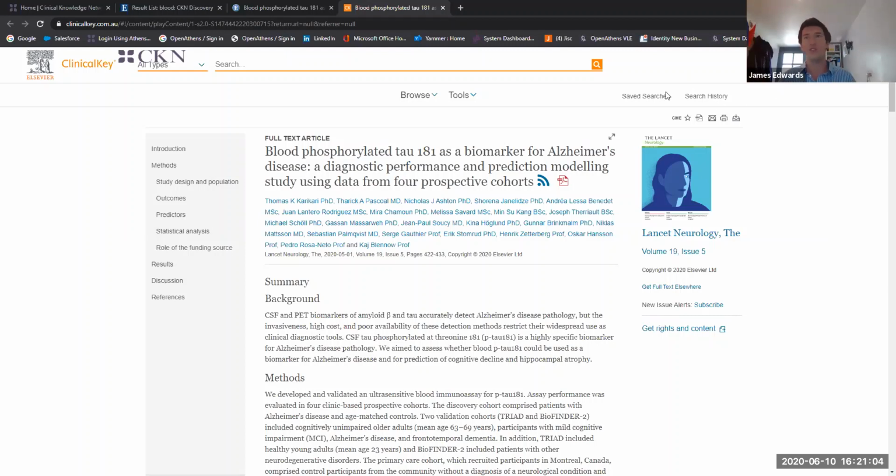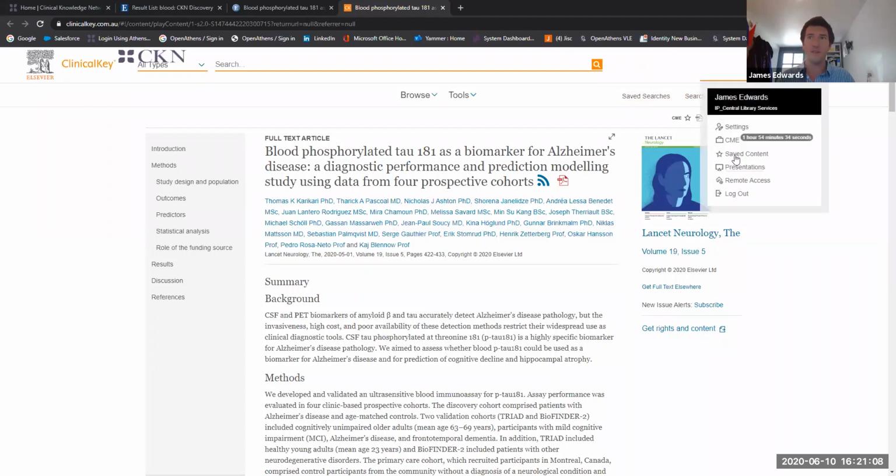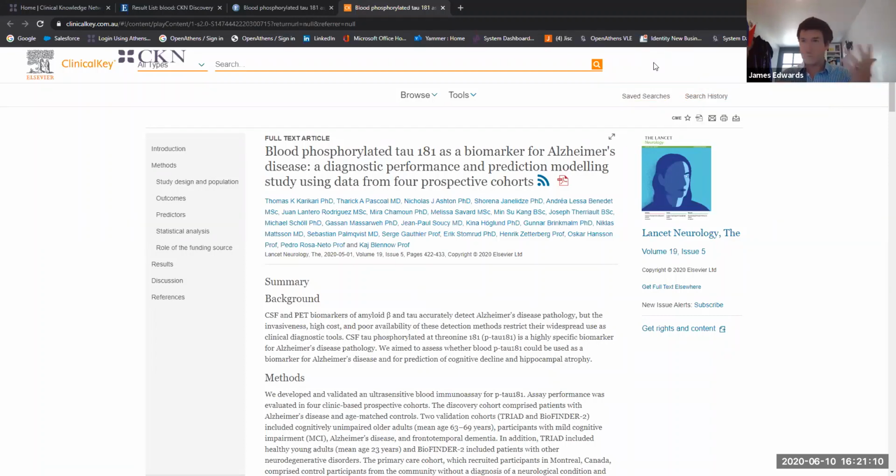And this means your users can have their saved searches, their search history, and some of them offer saved content. Every publisher's page is different, and that may be a service they offer, it may not be, but where it is, OpenAthens can work with that to improve that user experience.